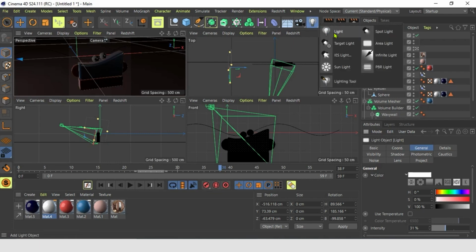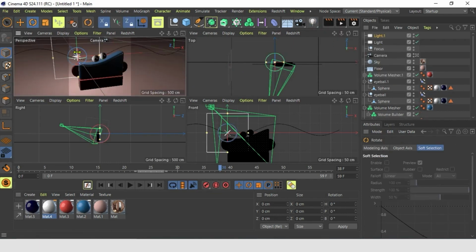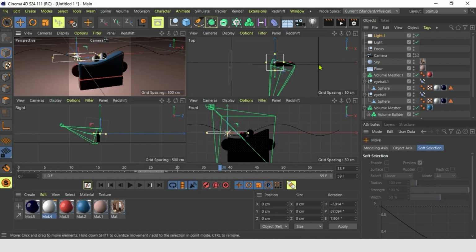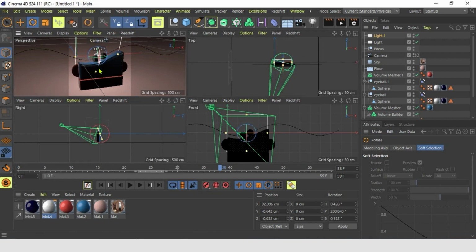And the other thing is, what you can do is, like in a studio, make a top light, like a big softbox on top. So you add another area light and pitch it exactly 90 degrees, and we bring it up and we make it big.